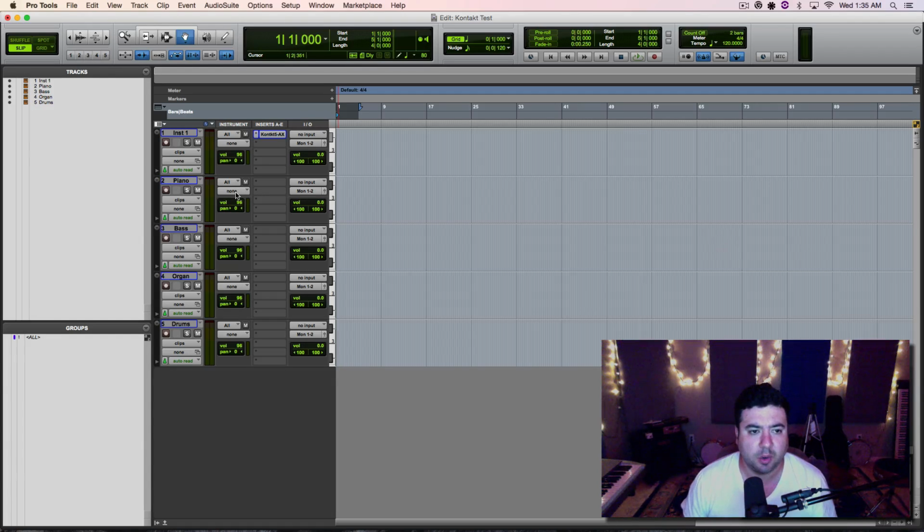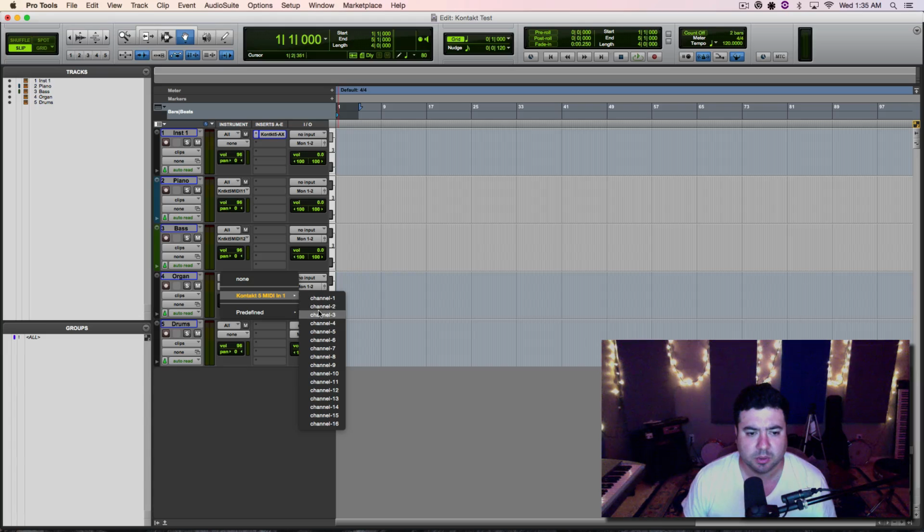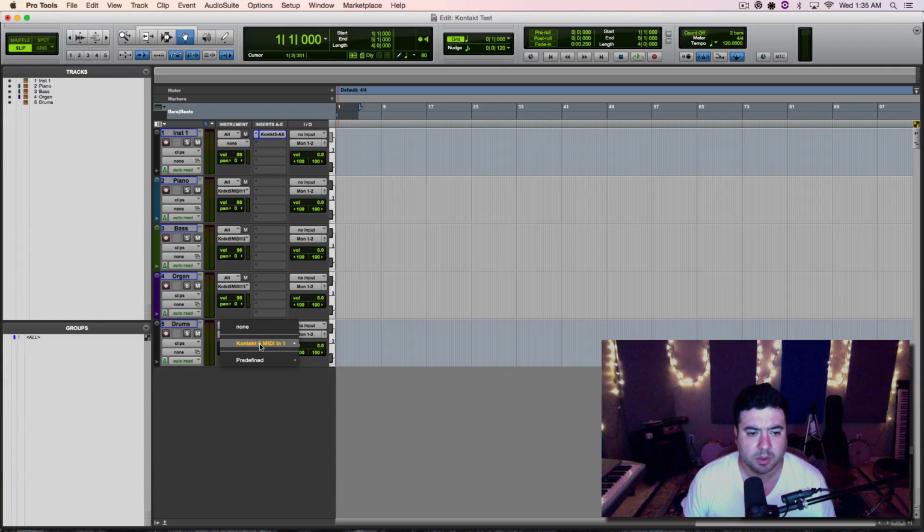Now on the instrument section of the track, we're going to select Kontakt channel 1, 2, 3, 4. Okay, we're not going to touch the inputs here. Now let's get some MIDI recorded. If I click on that,